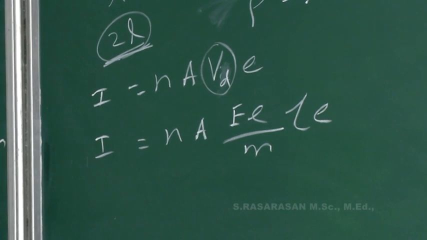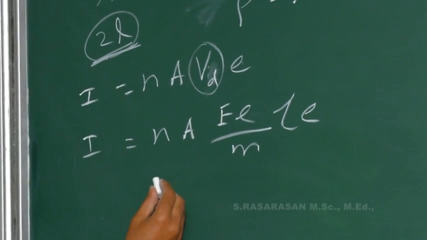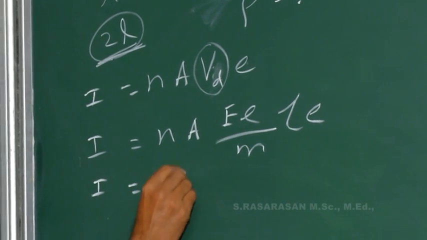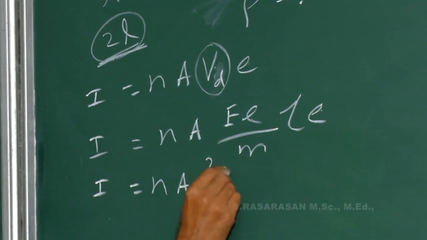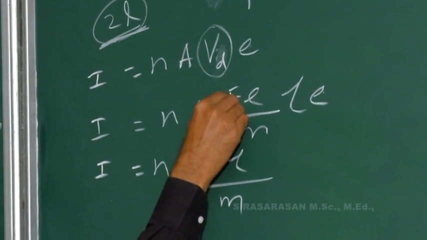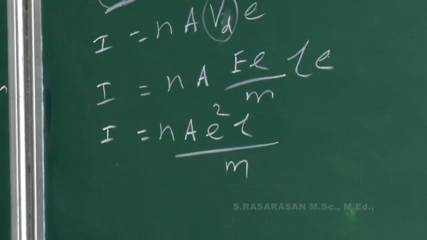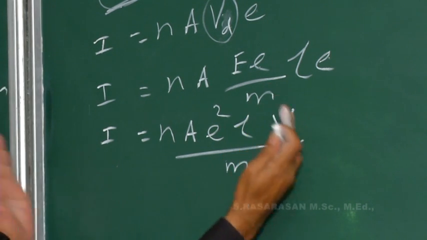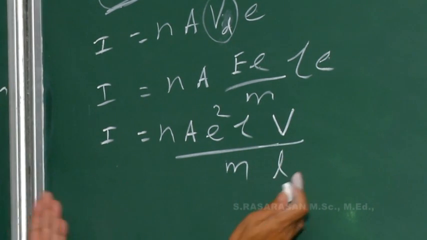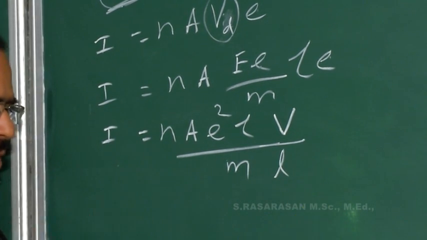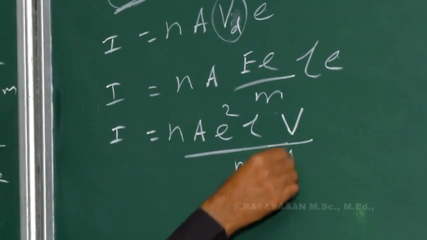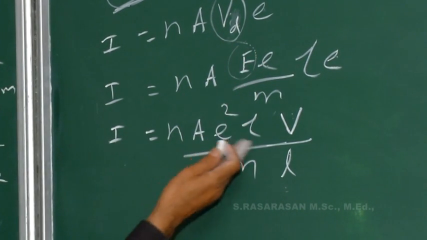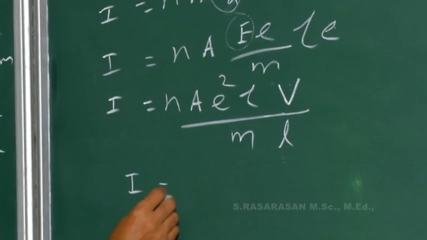Based on that, we define mobility. Yes, in this equation, I is equal to N A e into e square tau by m into capital E, the electric field, which is nothing but potential gradient, potential by distance. V is the potential difference, and L is the length of the conductor, that is the distance. So potential by distance is called potential gradient, nothing but electric field. So in this equation I is equal to